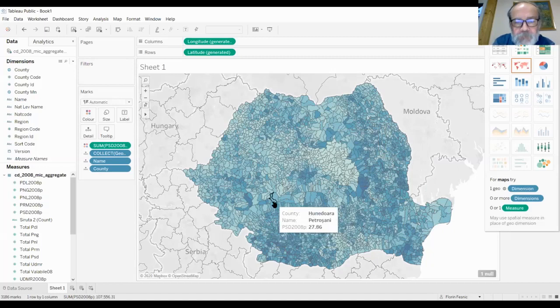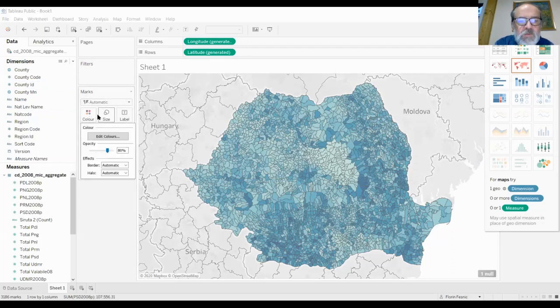Right now, PSD is allegedly a socialist party. So therefore, the appropriate color would be red.